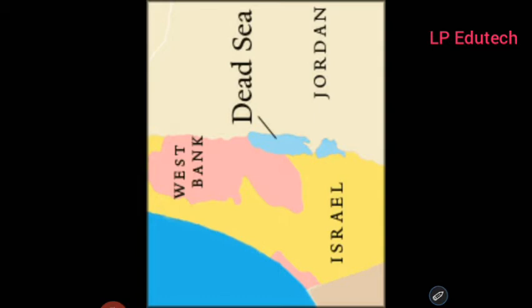So there is no life here except a few unicellular organisms. The fish coming from the river Jordan die as soon as they come here because of high salinity. The saline pillars have developed, some of them come out of the surface. The density of water is also high because of higher salinity.